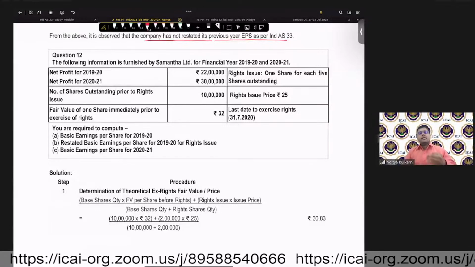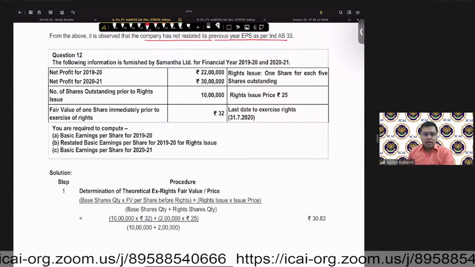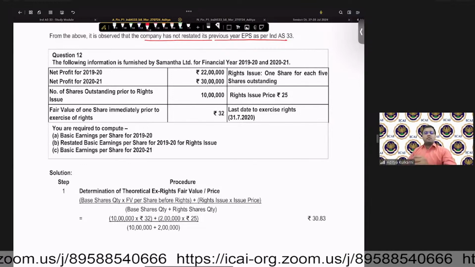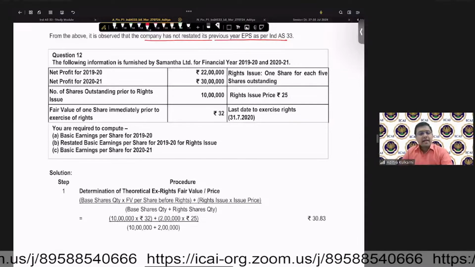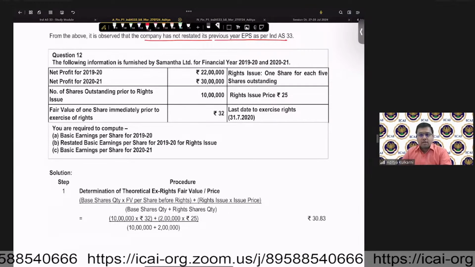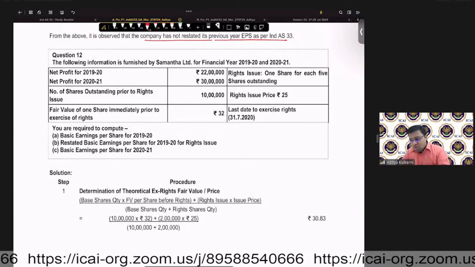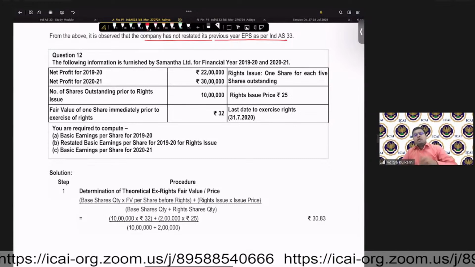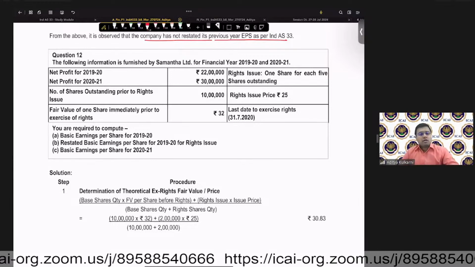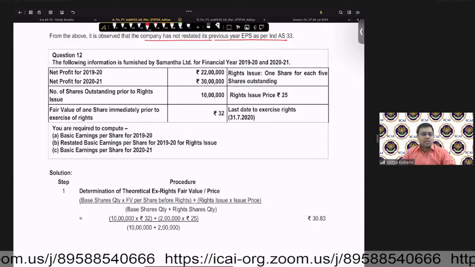Rights issue is an issue that is made to the existing shareholders, typically at a value that is lower than the market rate. The understanding is that in a rights issue, there continues to be a bonus component also involved. That is why you are not getting shares equivalent to the market price. When I convert it into the market value of the shares, your actual shares for which you have received the resources will be less, and the difference will be the bonus component.